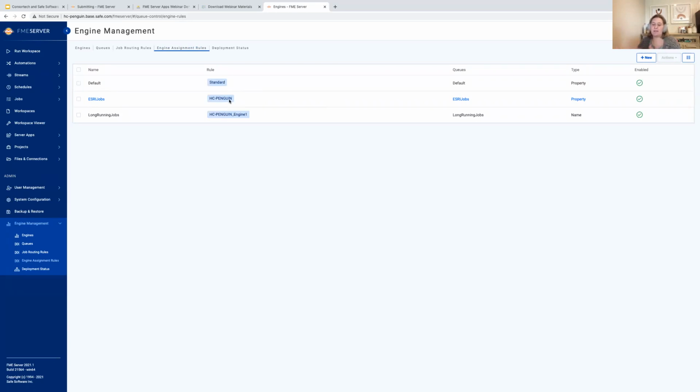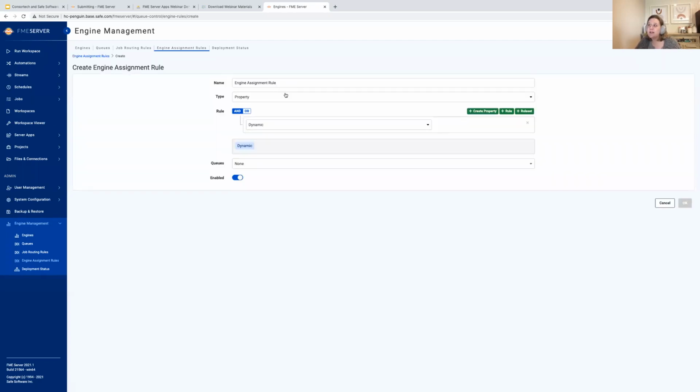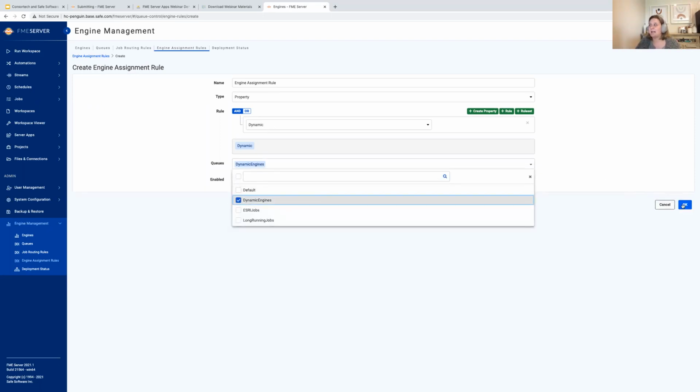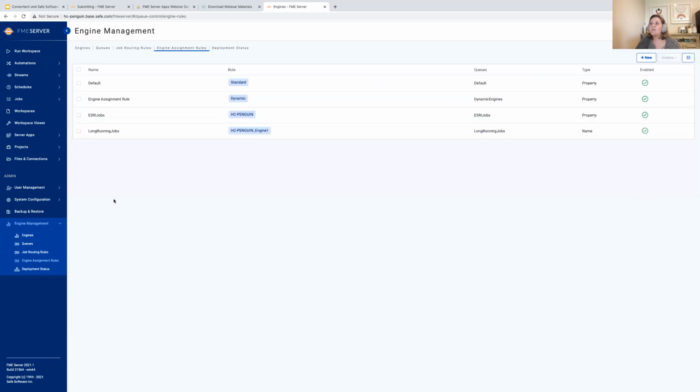Then you could start to make use of this host to route those jobs. So again, I need to create my engine assignment rule, type property. By default, the dynamic property is selected, and I can assign that to my dynamic engines. So it's a little bit more of an advanced configuration, but at this point, I've now been able to set